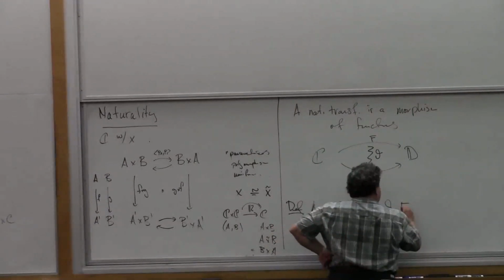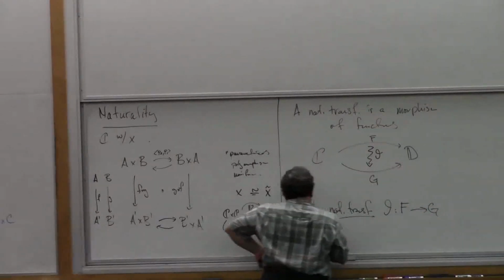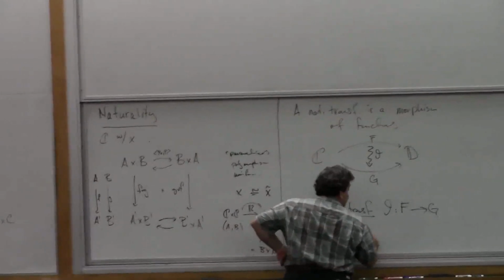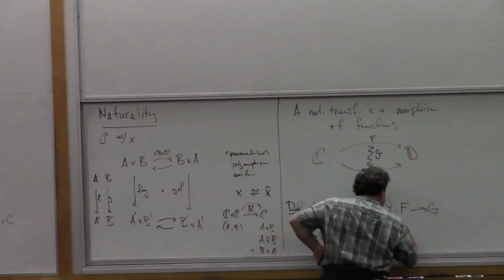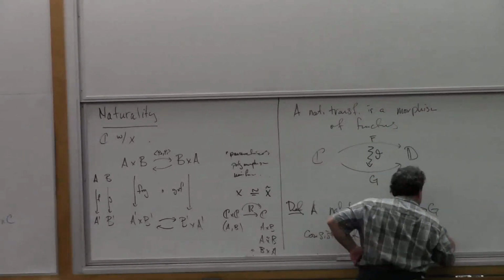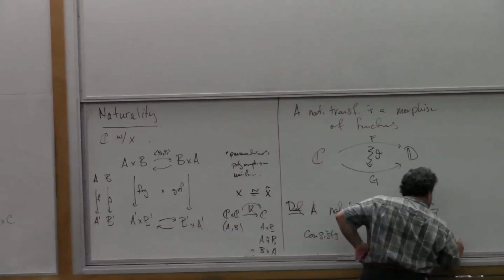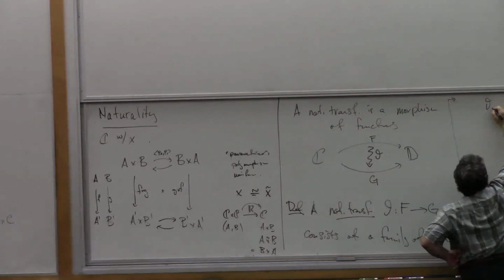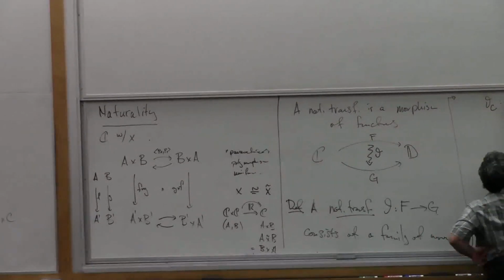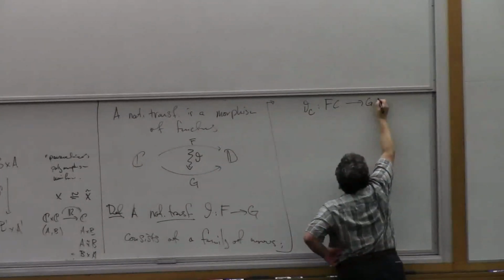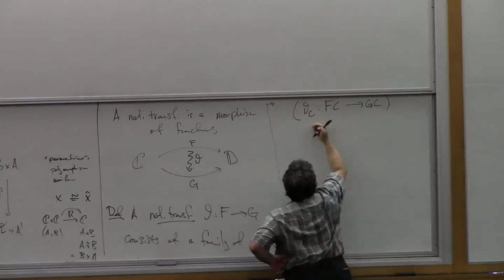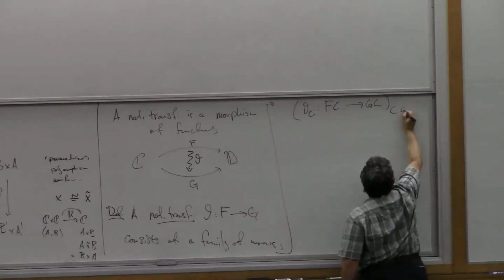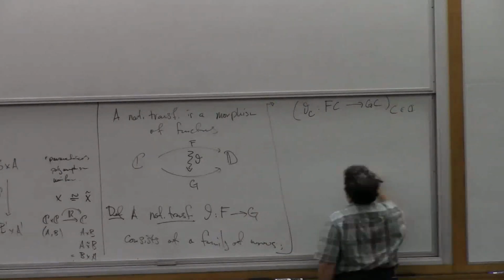Theta between two functors like that, F to G, consists of a family of arrows, theta C from F of C to G of C. So these are arrows over in the codomain here in D, one for each object C in C, such that,